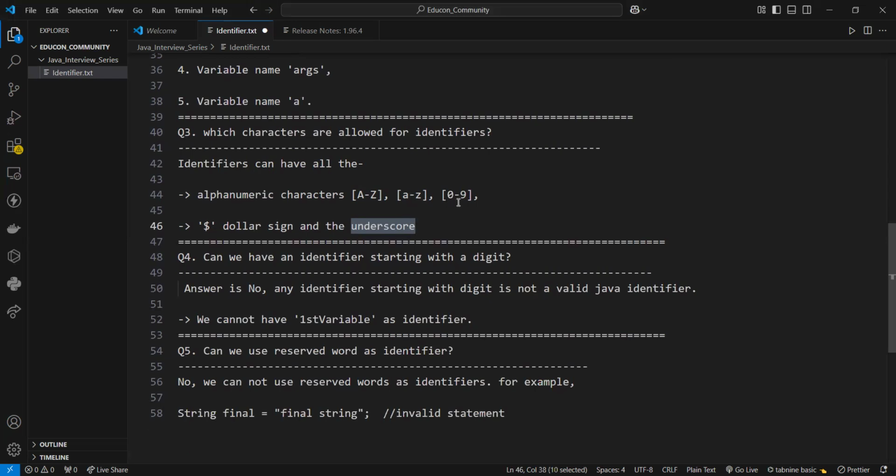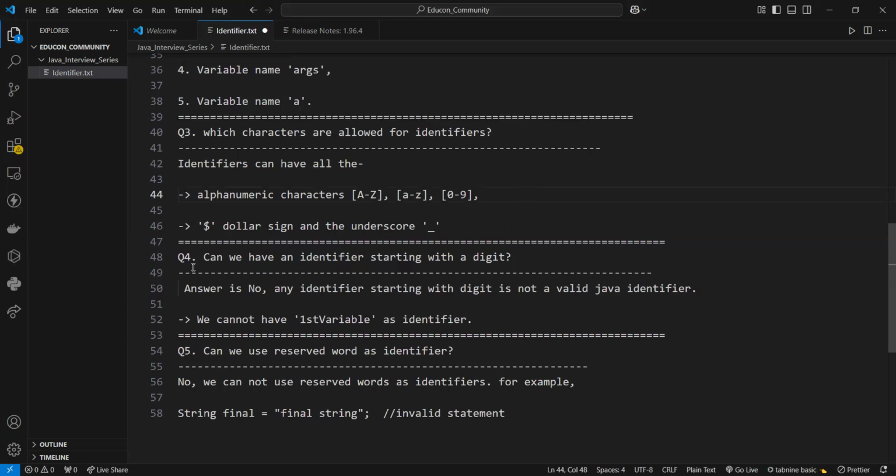And along with that, the $ sign and the underscore, which can be denoted like this. Okay. So those are the identifiers,